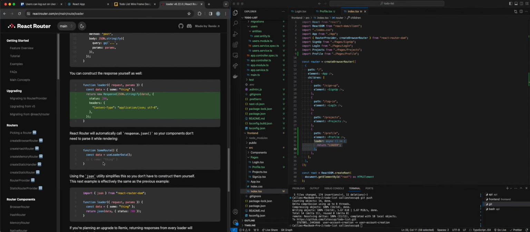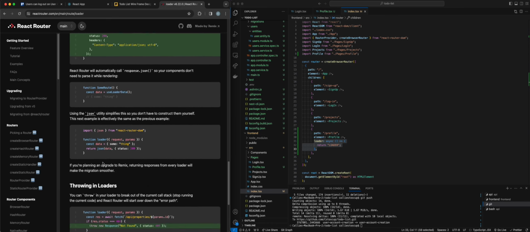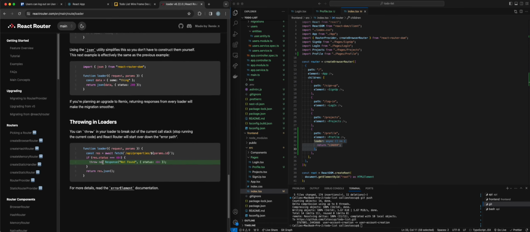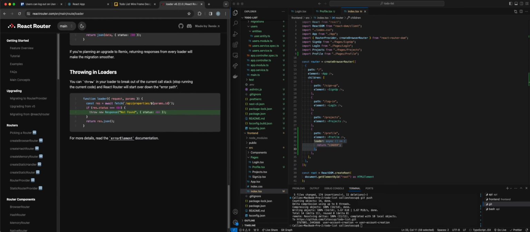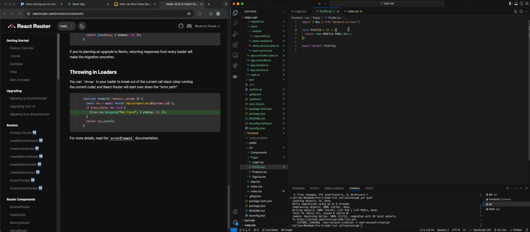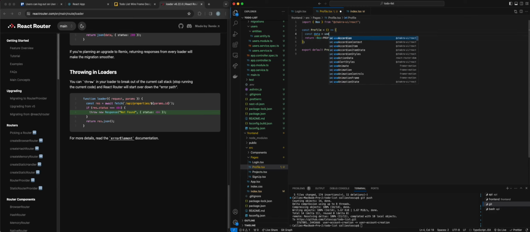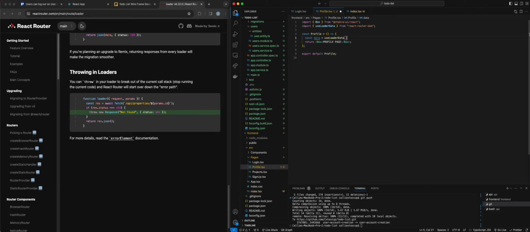Looking for the right thing. Well, I'm not seeing it pop up here, but you can use the useLoaderData hook. So we're going to say const data is equal to useLoaderData from react-router-dom. And then we can go ahead and console.log loader data